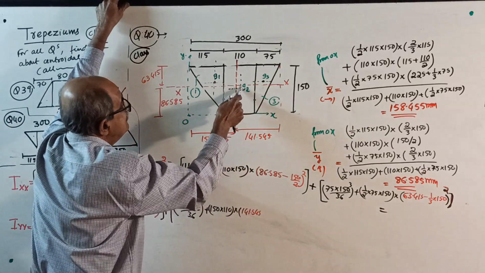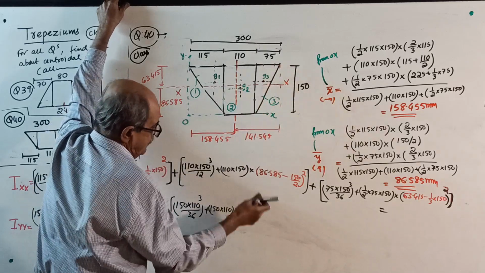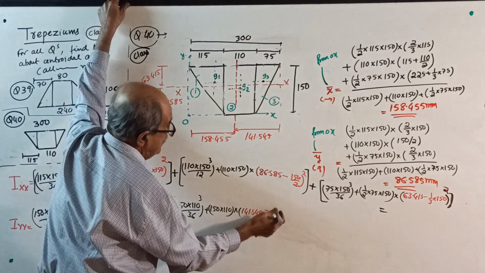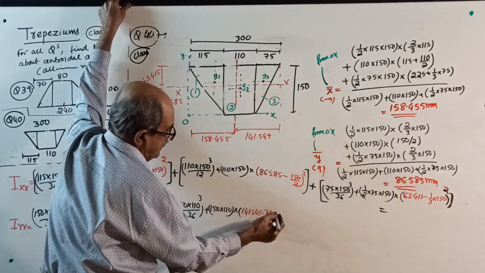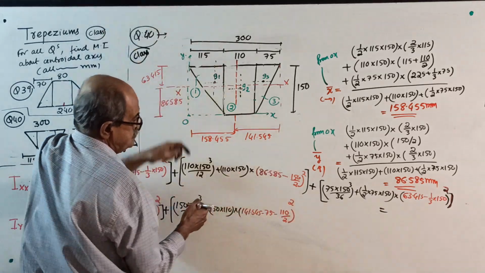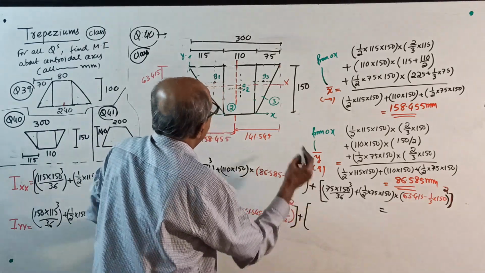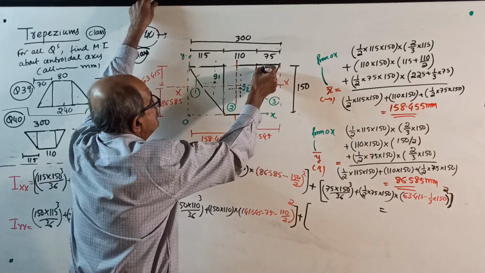See, we want this distance square, 145.45 minus 75, again minus half of 110, 110 by 2 whole square, that also over, plus I about its own YY,